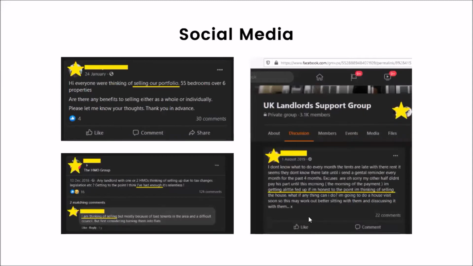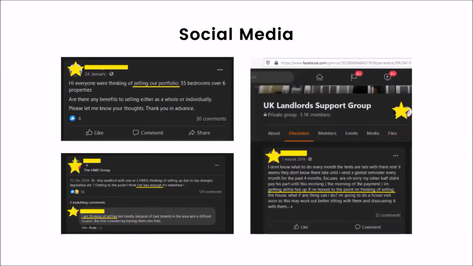So this is a Facebook group, and this post says, I don't know what to do every month. The tenants, I think she means to say rent. The tenants are late with their rent. It seems they don't know they're late until I send a gentle reminder every month for the past 4 months. Excuses are, oh, sorry, my other half didn't pay his part until this morning, etc. I'm getting a little fed up, if I'm honest, to the point I'm thinking of selling the house. So again,